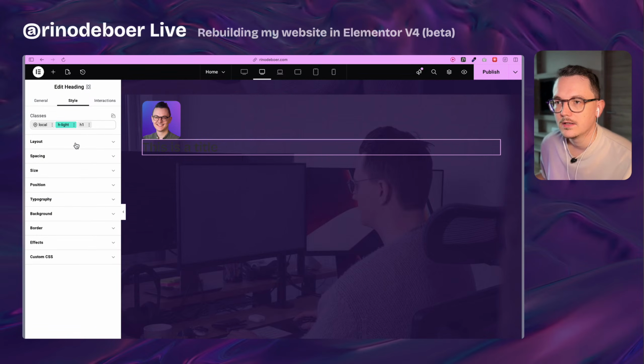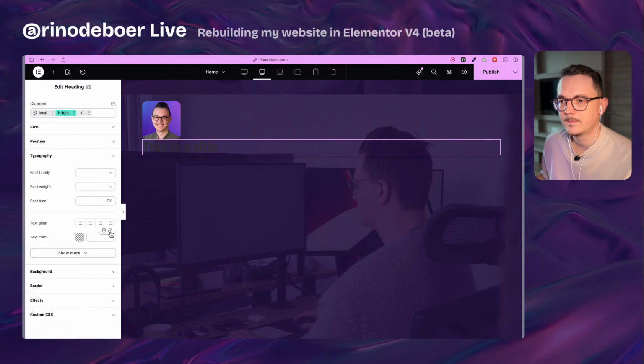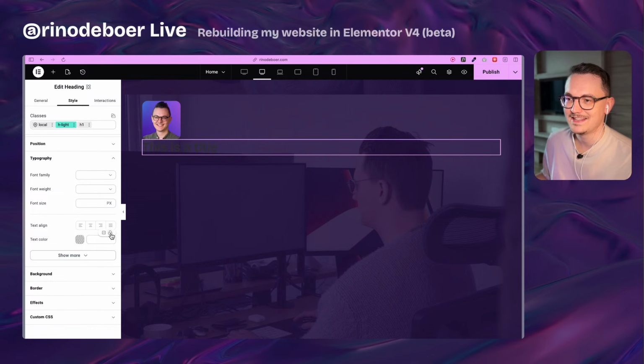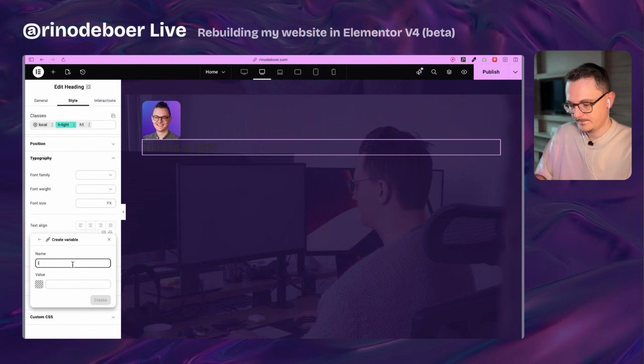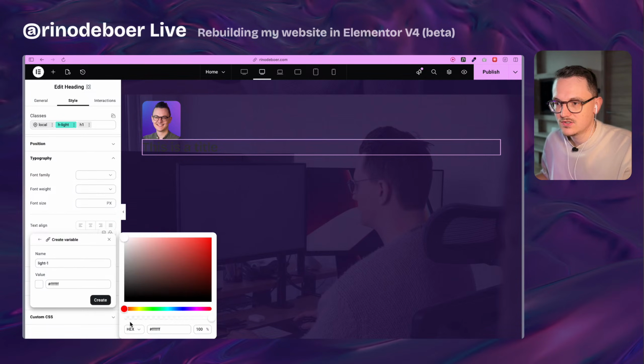Okay, heading light, so we're gonna go to color, typography. It's in typography. Yeah, it's a little bit hard. You have to get used to where things are. We can use dynamic tag for the text color. Look at that, that's crazy. Oh, of course, yeah, it makes sense. We're gonna do light one. This is gonna be our main white color, so we're gonna make it super, super white. Almost